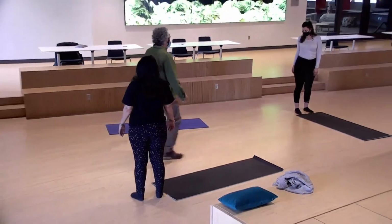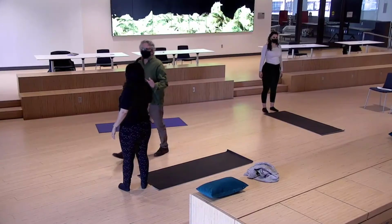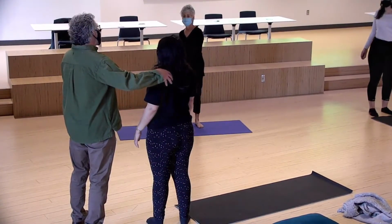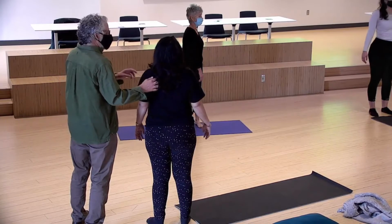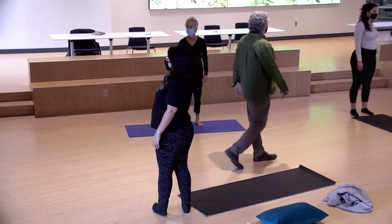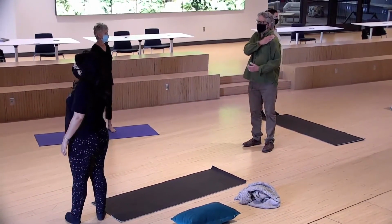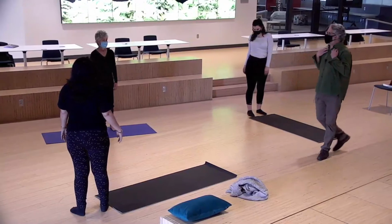That's why, and your shoulders probably feel a little bit different too, yeah? So the shoulder blades are meant to glide. Even though we have a hip girdle and a shoulder girdle, the shoulder blades are very different than the hips. They're not attached to the back. They glide over the spine, over the ribs. They glide. They're not attached. They're attached muscularly and with tendons and so forth. But they're not attached structurally, except through a mechanism through your shoulder. And then they're attached to the collarbone. So really interesting hanging